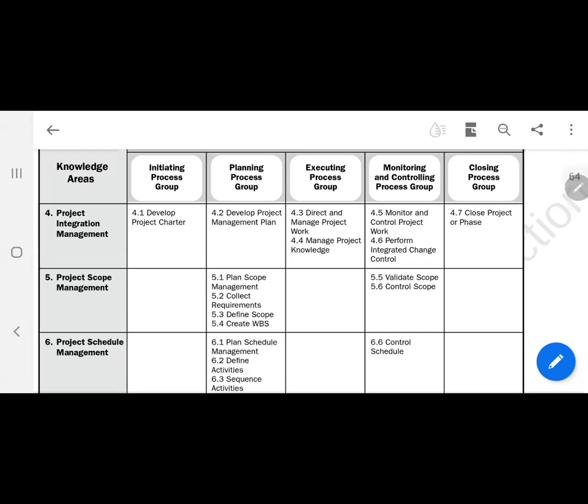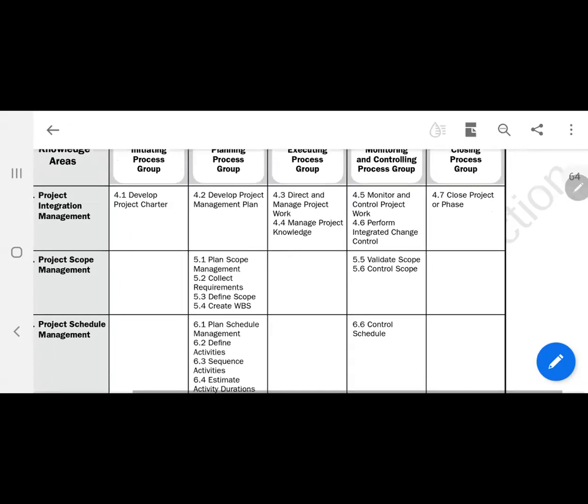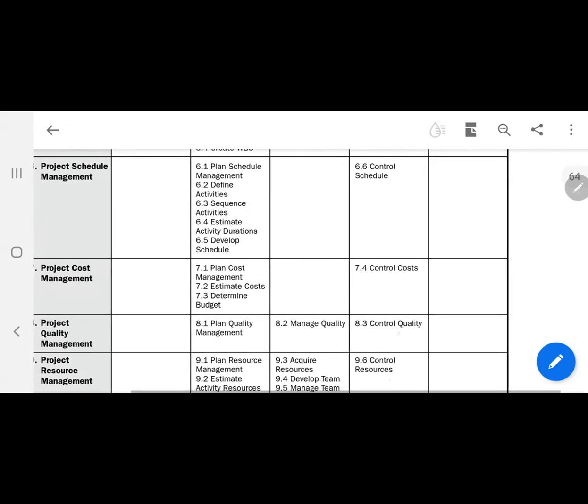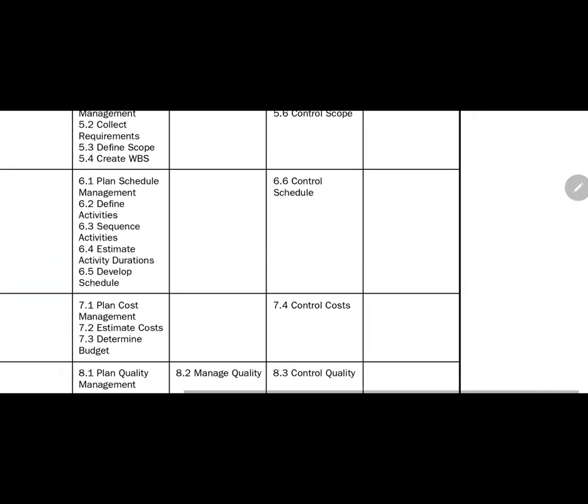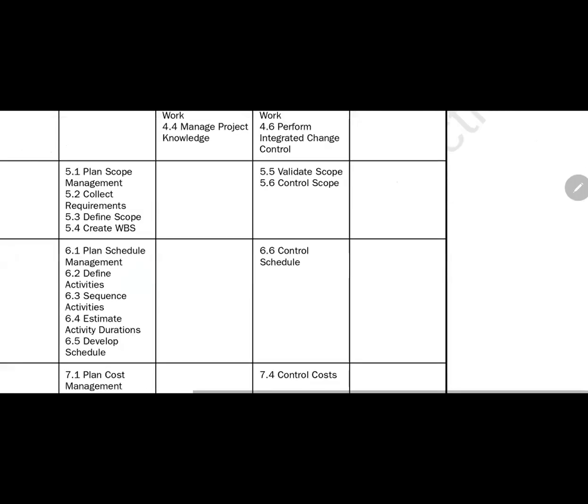Before you close your project, you must see whether the project has met the objectives. So the accepted deliverables. Deliverables, remember, are coming out of direct and managed project work here under execution, right? When these deliverables are released, they move to control quality right down here. As deliverables come out of direct and managed project work, they are moving straight down